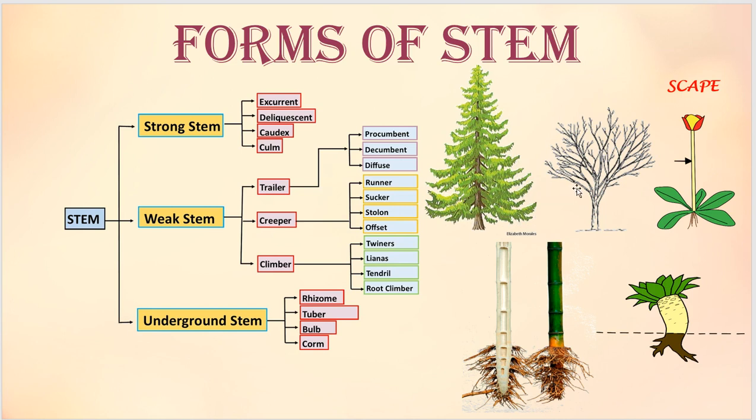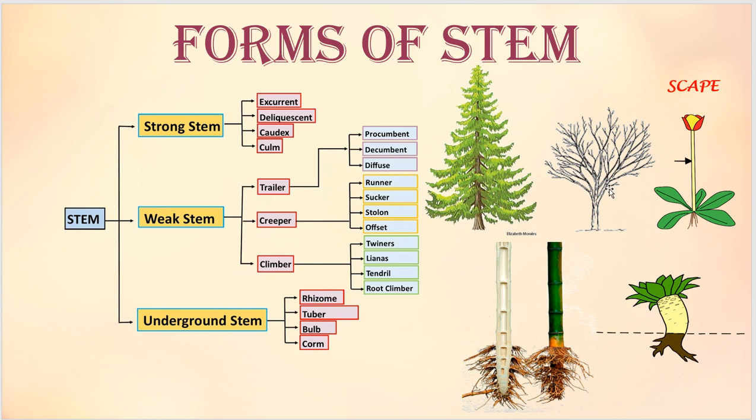And the deliquescent kind of plant is otherwise known as decurrent. That means it is a reversal of what is excurrent. So here you can see that older branches will be produced in a long manner, and then new branches will be produced from the bottom of older branches. So altogether it forms a huge crown on the top of the tree trunk. So this is the deliquescent type of strong stemmed plant.